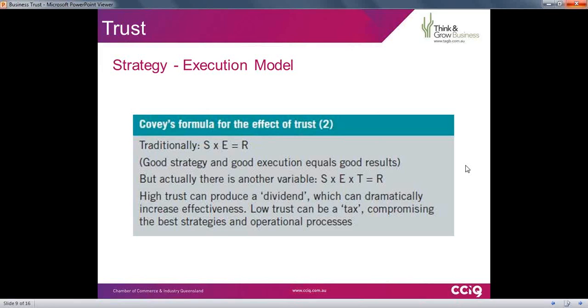So you may have one or two business relationships where you operate in a trusted environment, or you want to expand that, but very few businesses hit that ultimate realm where they operate with all their suppliers or all their customers in a high trust environment. But it is available, and there is a process that you can follow.